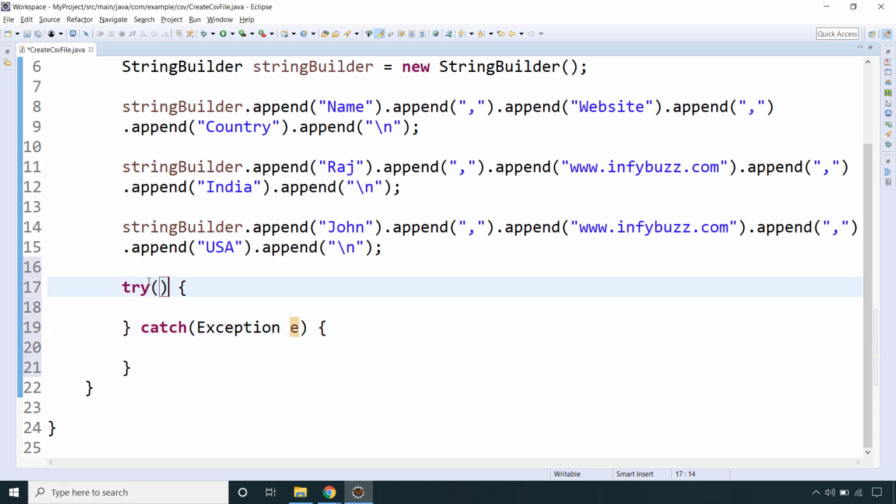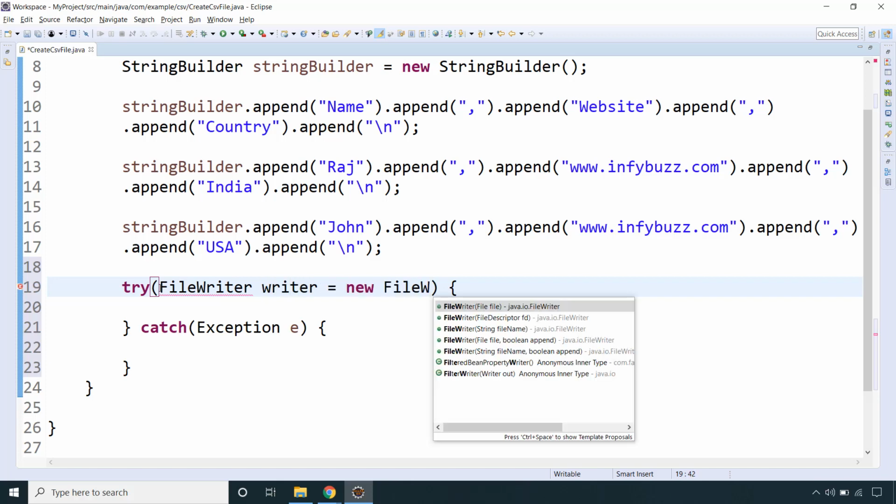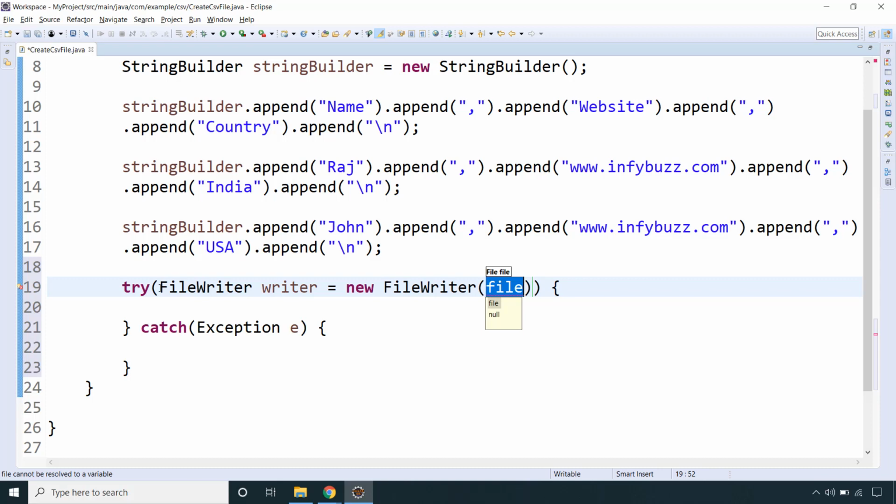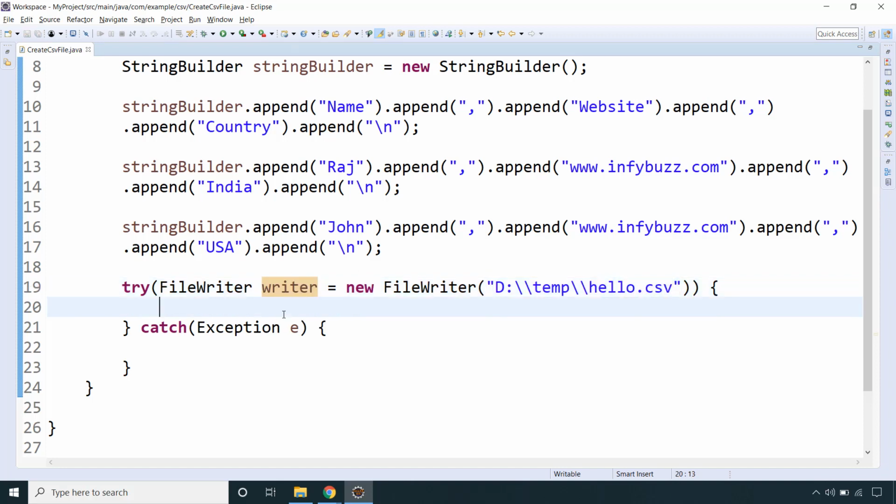To use automatic resource management with our try block, create the object of FileWriter equal to new FileWriter, and provide the file name. In our example, location is D drive and temp directory, and inside that we want to create the hello.csv file.